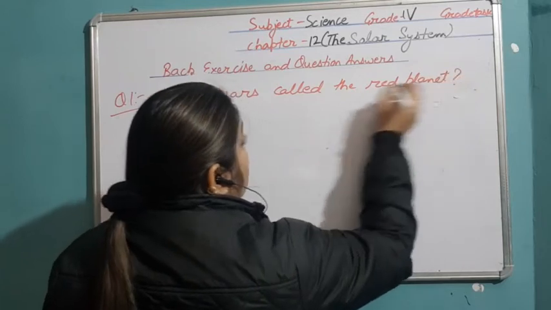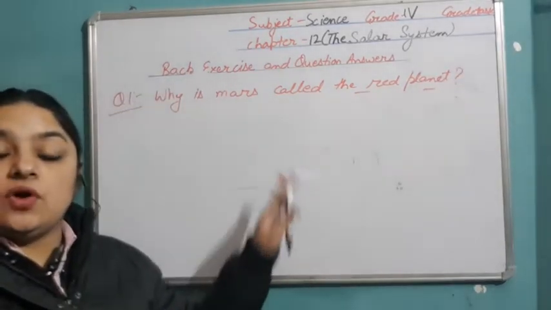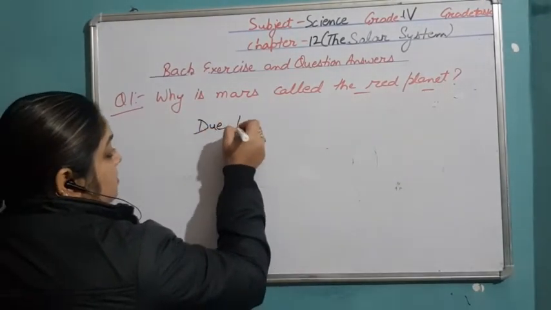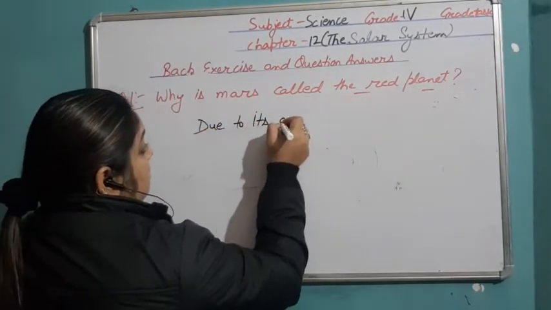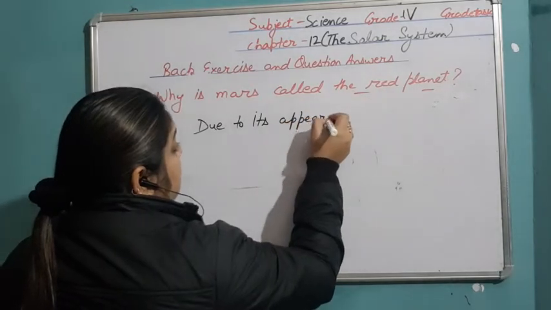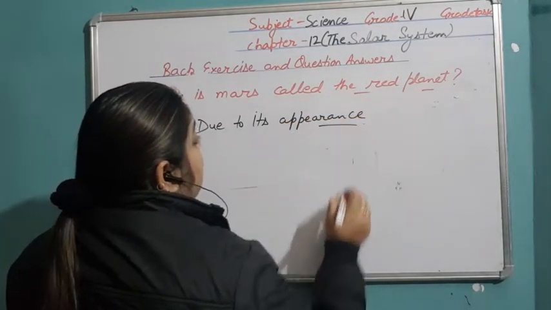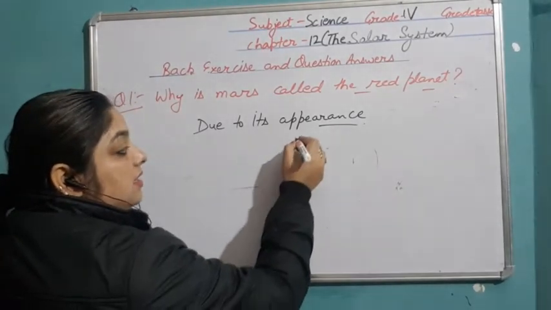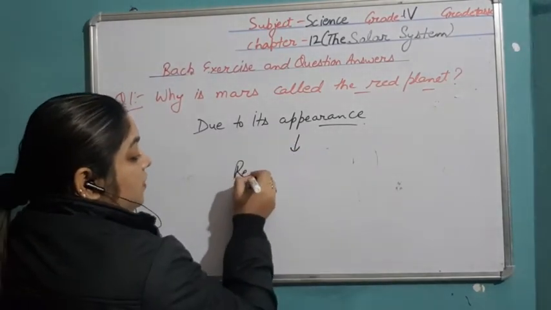Why is Mars called the red planet? Mars is called the red planet due to its appearance. In pictures taken from space, it appears red in color. Now, why is it red in color? Due to the presence of